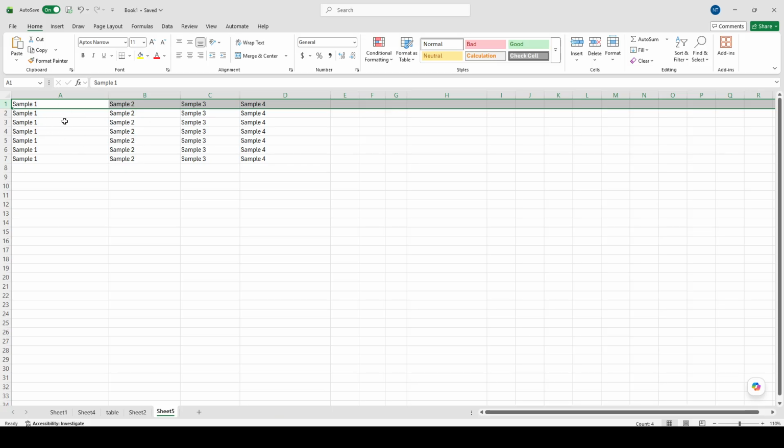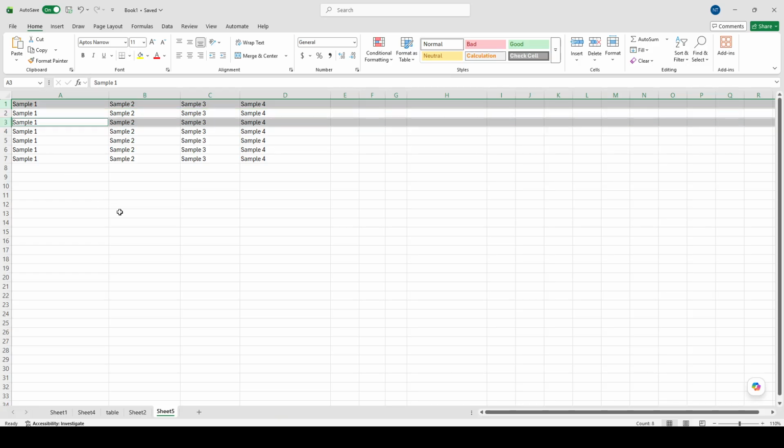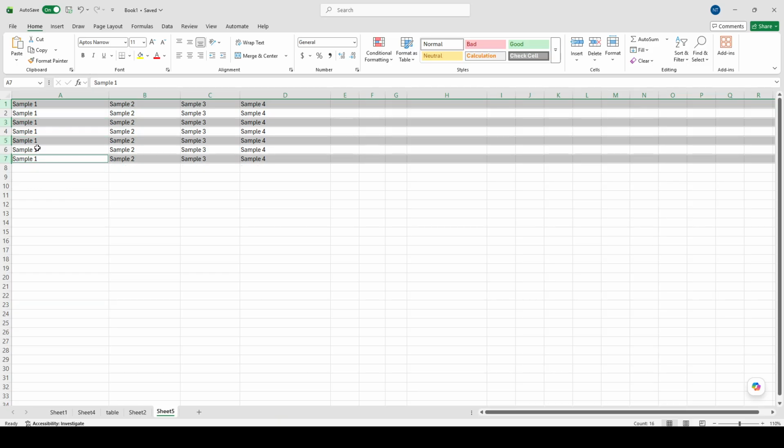If you need to delete more than one row that is not directly next to the first one, hold down the Control key on your keyboard. While keeping Control pressed, click the other row numbers you want to remove. Each row you click will be added to your selection. This allows you to choose multiple separate rows at the same time, which can save a lot of time when